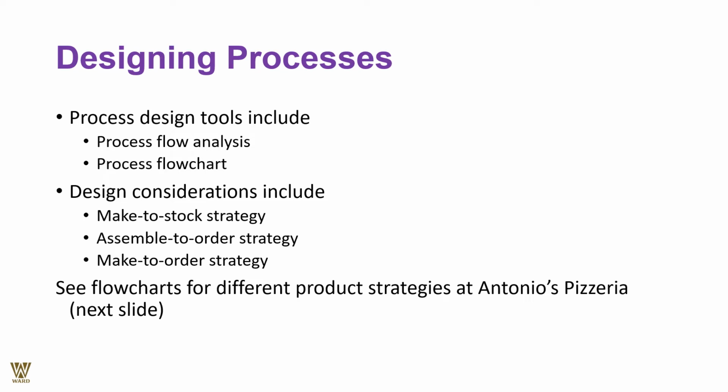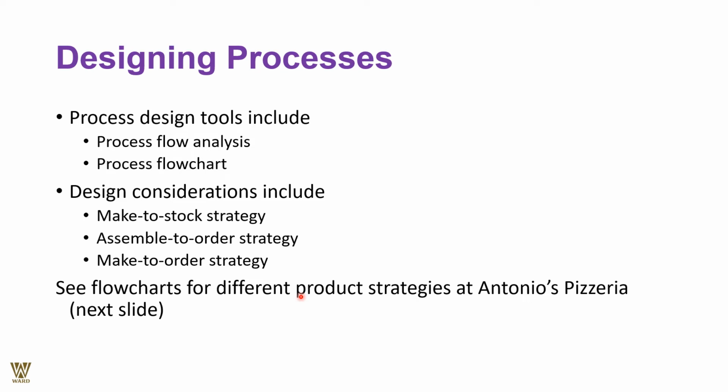Design consideration includes make to stock strategy, assemble to order strategy. Make to stock means you are producing in bulk and making an inventory, and reducing the inventory as and when the demand arises. Similarly, assemble to order, it is only when you receive an order that you initiate the production process altogether. And make to order is somewhere down the corner, a way to differentiate from the assemble part.